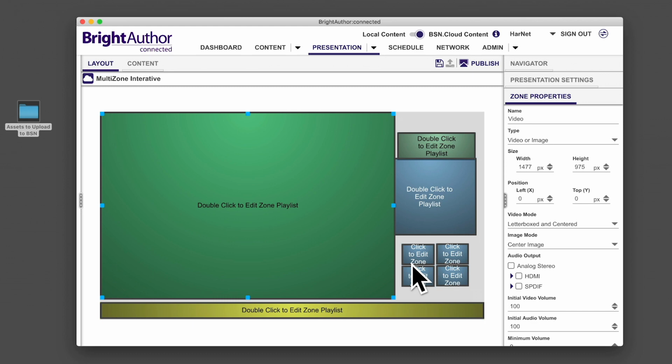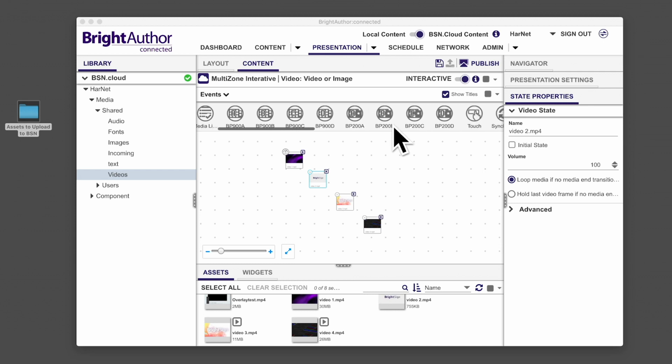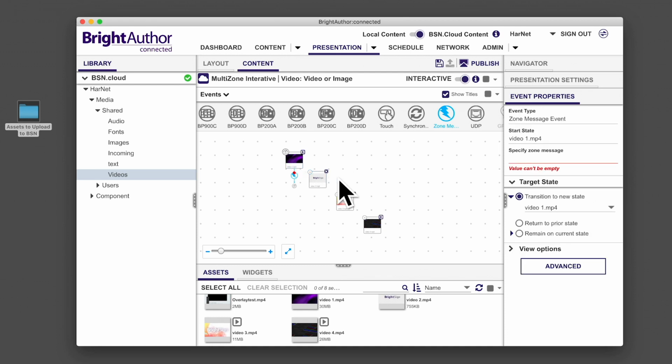Now that we have our touch regions with Send Zone Message command set up, we need to use the Zone Message event type to listen for the values we set. From the video zone, use the interactive toggle to switch over to the interactive UI. Next, select Zone Message from the event types, then add a Zone Message event to Video 1 by clicking on the bottom half of the state.